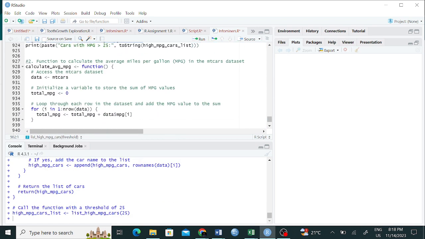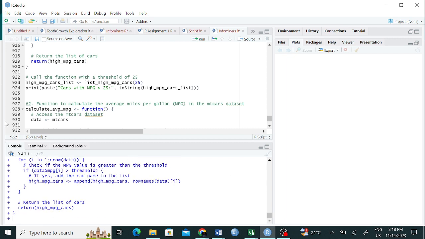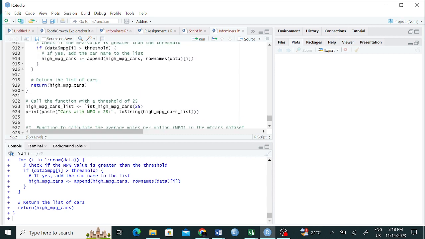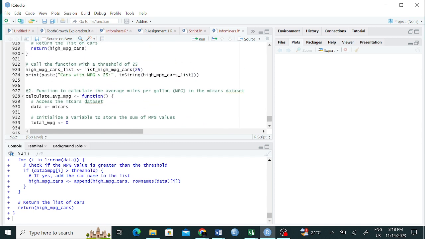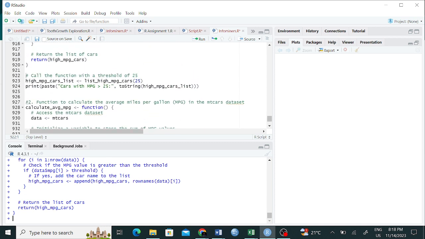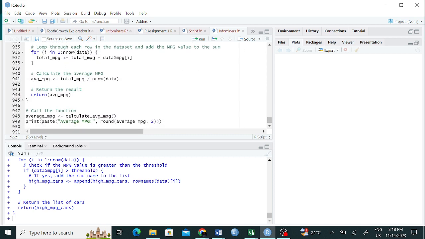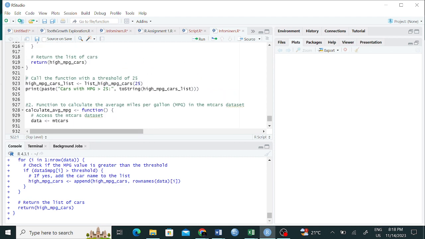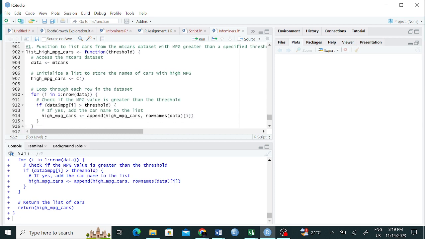I don't know what I'm missing here, because this one is running, but there's something that I'm missing inside this loop function. That's why we are having a plus here. I think maybe I'll clean it and see where the issue is.